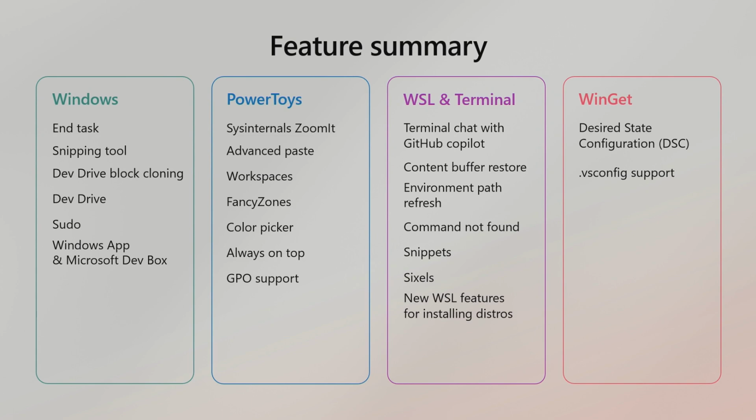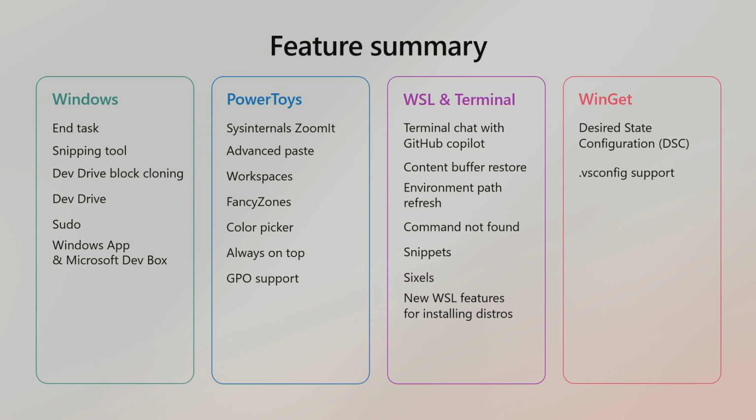We talked about winget, the desired state configuration, winget configuration files, how you can get started using all of those for Windows settings, app settings, repository requirements with Visual Studio, et cetera. And then we also talked about some new things in Windows. We showed off that end task feature and the snipping tool that you've been using, which you can get to with Windows key Shift and S. Then there's DevDrive with the performance improvements we've been adding there, as well as sudo.